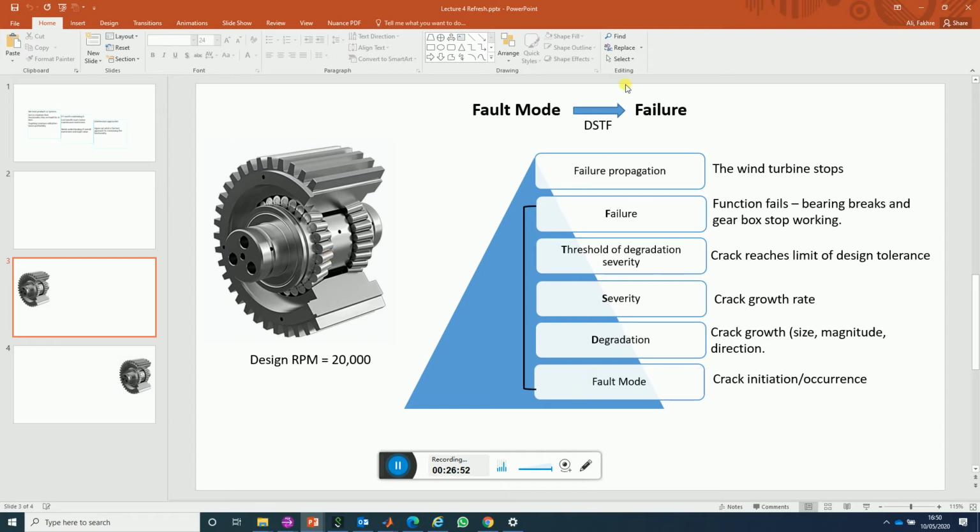So here I have drawn how, for example, we can put this in words and understand the journey of fault mode leading to a failure. I'm going to use another example here. Okay, imagine you have a gas turbine, right? In a power generation plant, you have a gas turbine, or we can even talk about, for example, the hydro power station having those Francis type turbines, which effectively have